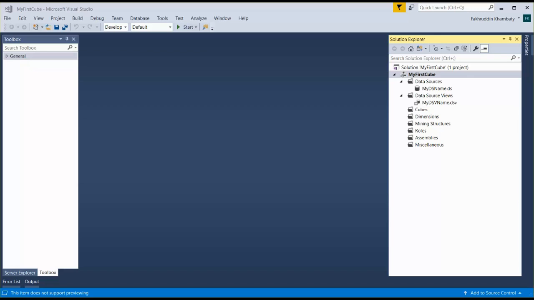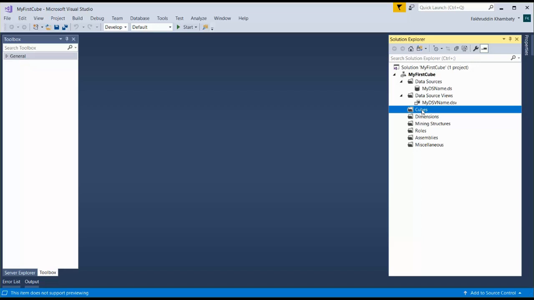So far in SSDT, SQL Server Data Tools, we have created our SSAS project over here, and we have created a data source over here. You remember, right? Just a few minutes ago we did it. Then we created a data source view. Then we are about to create a cube now.